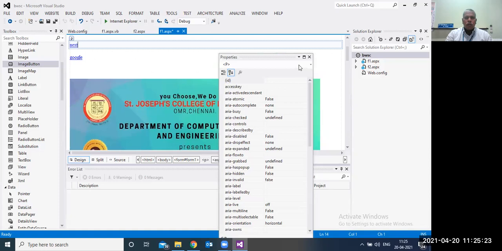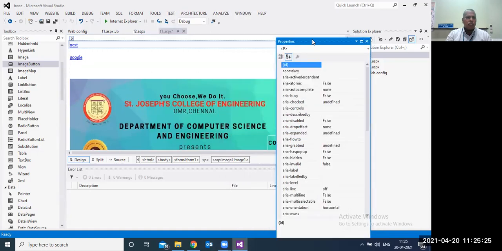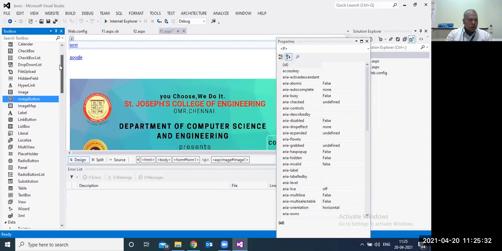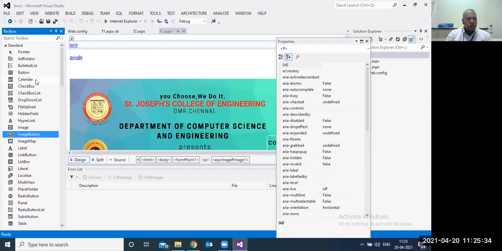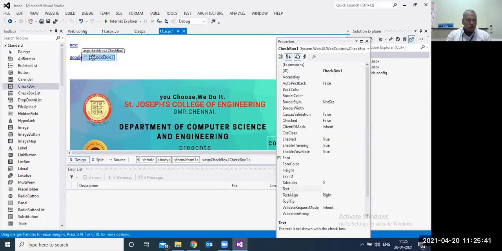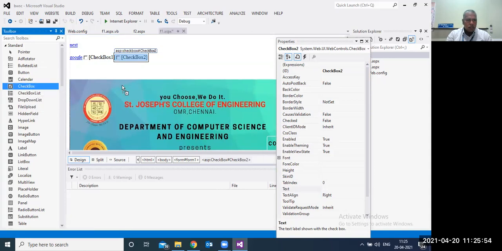Now we will see the very interesting controls called checkbox and the radio button. Checkbox control. This is one checkbox. Then I will take another checkbox here, and a third checkbox.